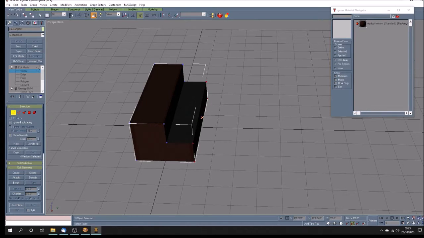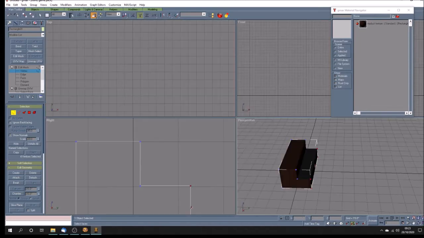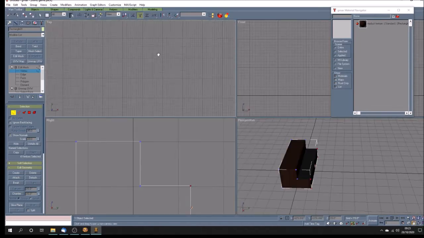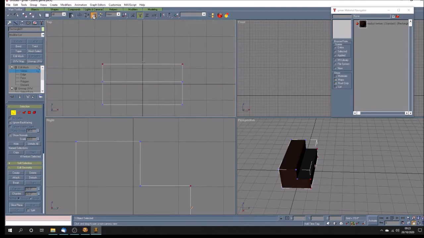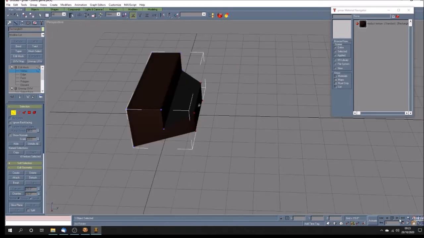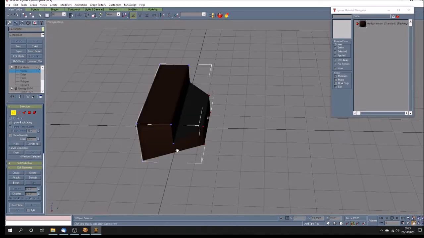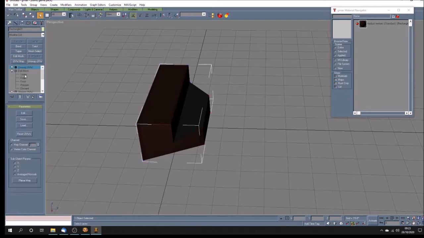Well, let's just look down on it from above. Where are we? Here it is. See if I can adjust those. I'm not sure if I can. There we go. Yeah, there we are. Let's take that in a bit. Yeah, okay. And then obviously it's going to make a difference. It's going to make this look a bit weird. So I'm just stacking up commands at the moment